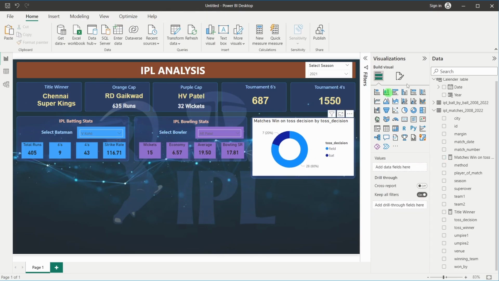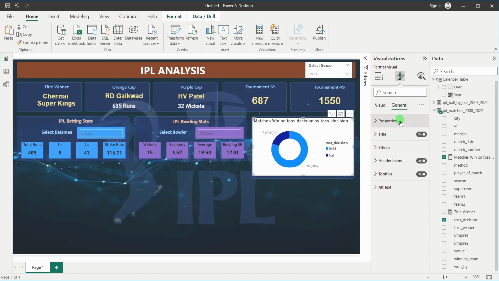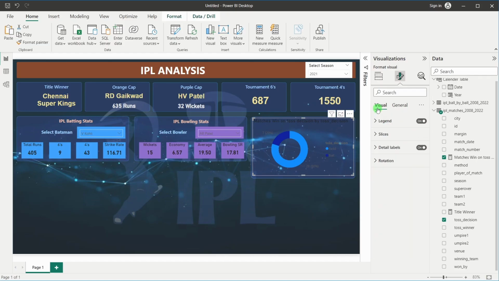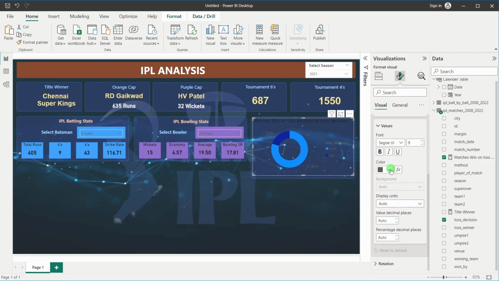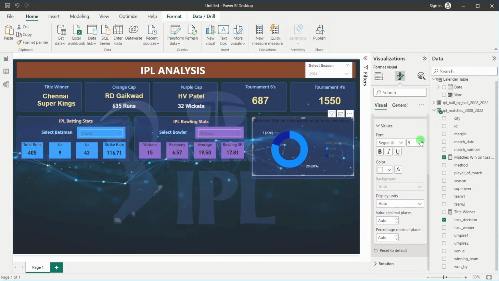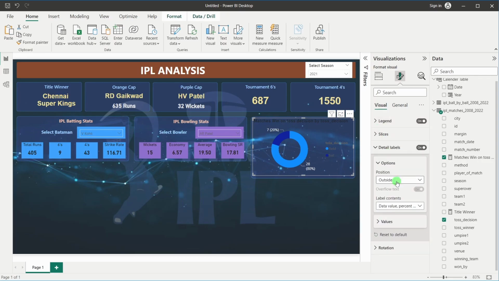Okay, perfect. So now we will do some formatting over here. We will go in general. First, let's go in general. In effects, we will turn off the background. We don't want the background. In visual, we will change this particular data labels. For data labels, we will change the value to white. Let's increase the size a bit, and then we will change the